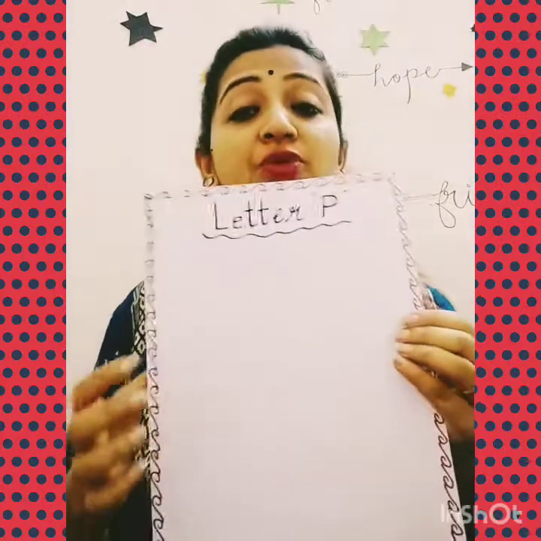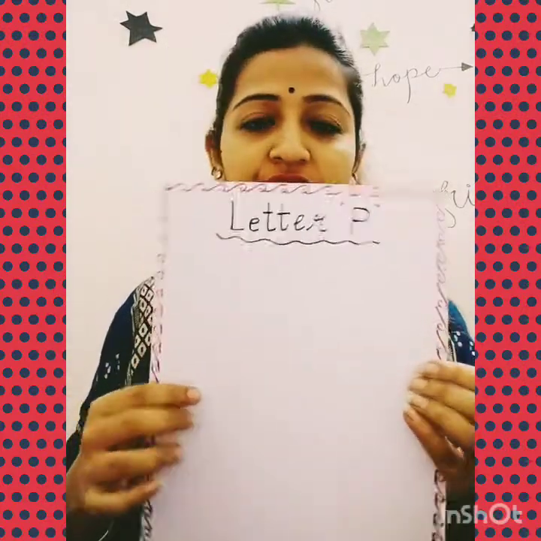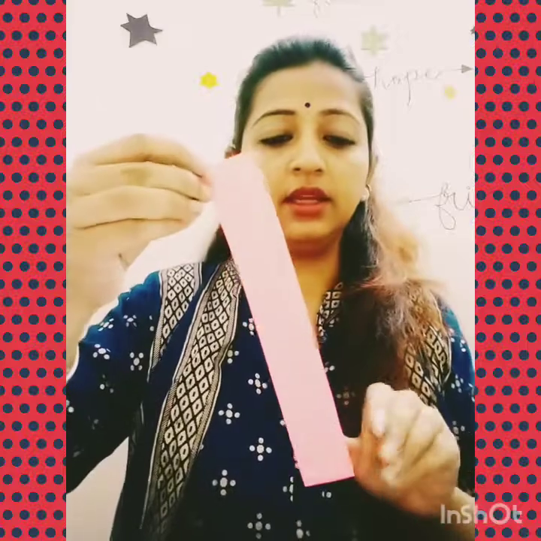This is activity time. So kids, are you ready for the activity? Yes, very good. So let's start, kids. So very first you have to take one white A4 size sheet. Okay, then I am doing it step by step and I will show you. Very first I am taking one standing line. Then I am taking Fevicol. Then you have to paste this standing line on this white paper. So wait, I am pasting this, then I will show you.